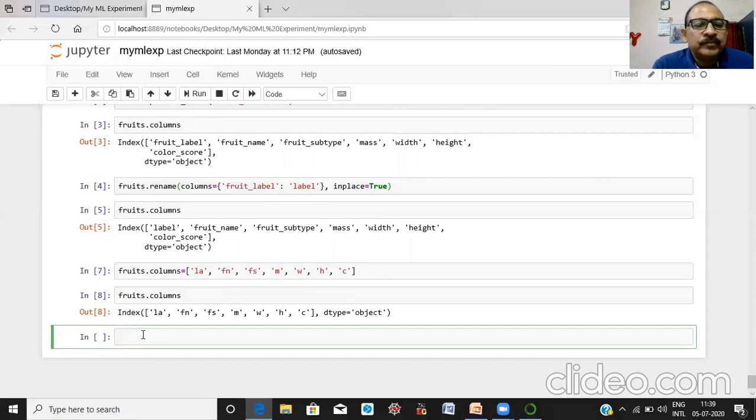Suppose let us again change our data frame back to the old column names.